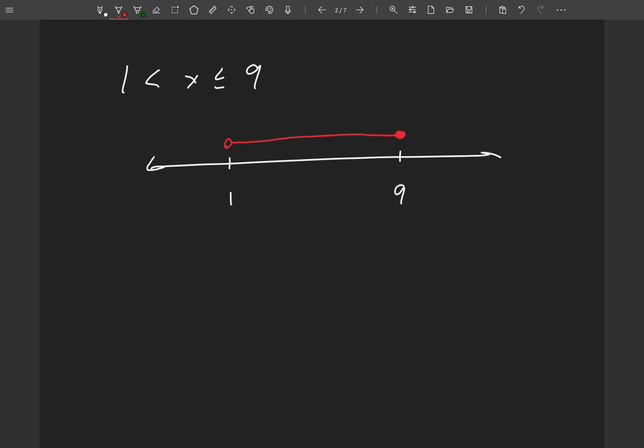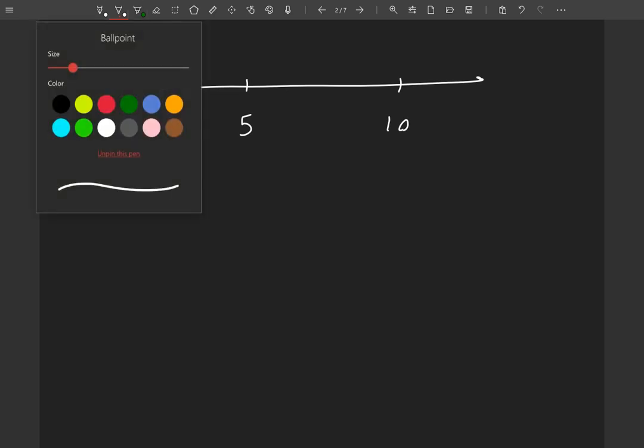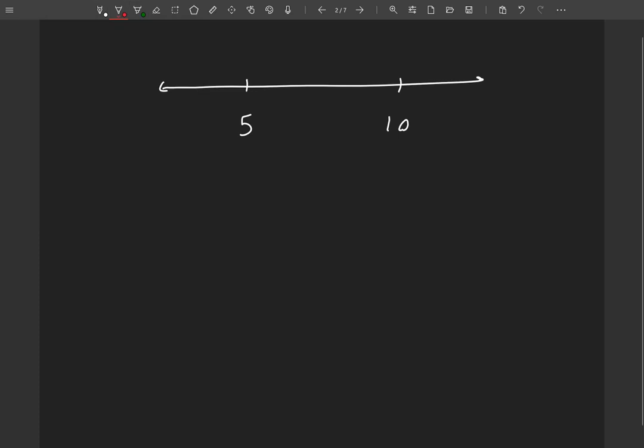Okay, let's do another one. What about this? Again, let's start from the picture with this one. I think it's probably a little better to think of it this way. Let's pick another couple of numbers. Let's say 5 and 10. What if we wanted the numbers to be either 10 or greater,